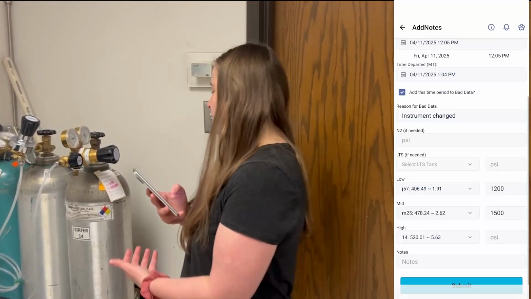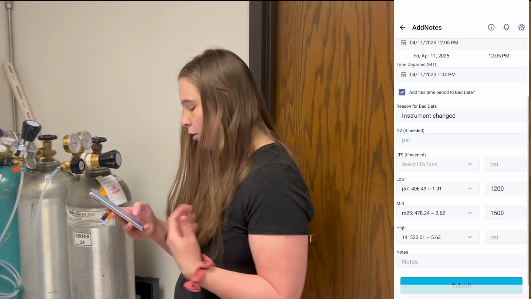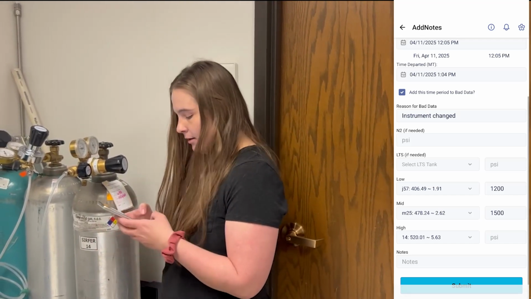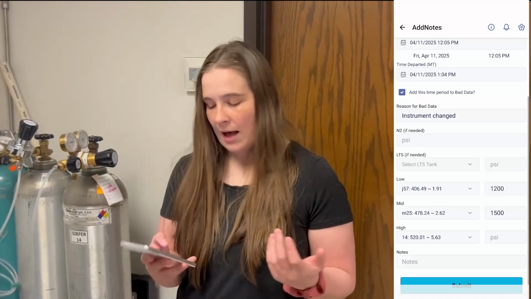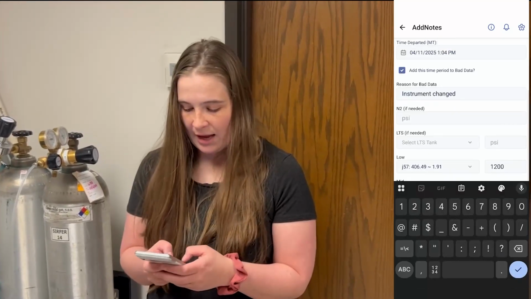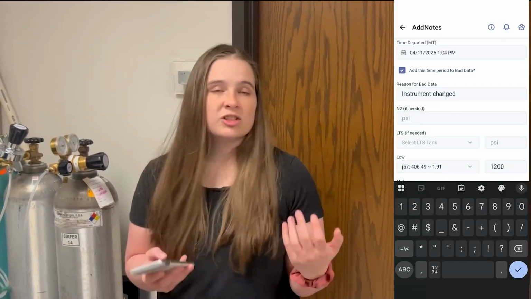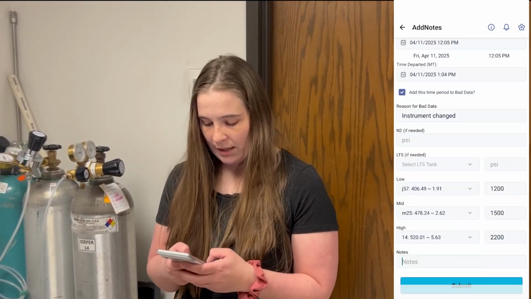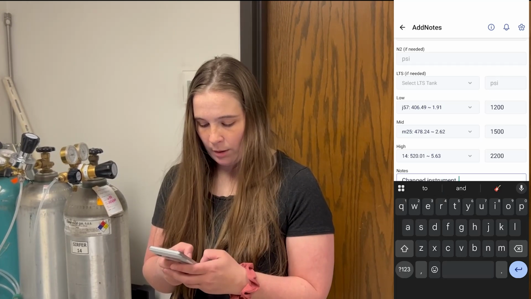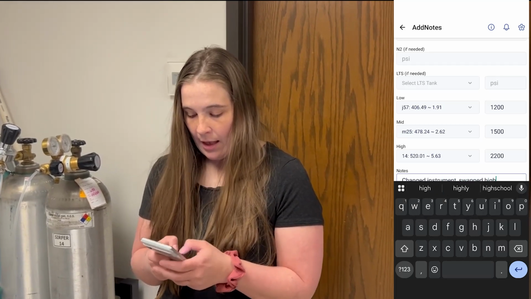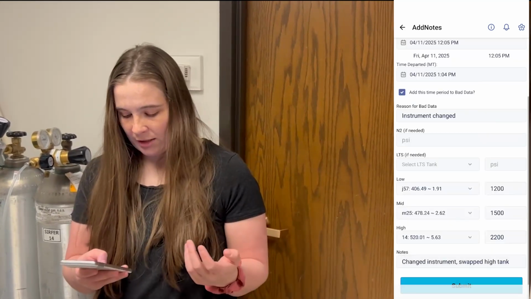It autofills the certain carbon dioxide and methane concentrations that it is calibrated to, and then we'll add in our pressure and say it's a new tank, so it's at 2200. And then we'll just add some general notes. So say we changed an instrument and swapped a tank, and then that's all we need to do. And then we can just hit submit,